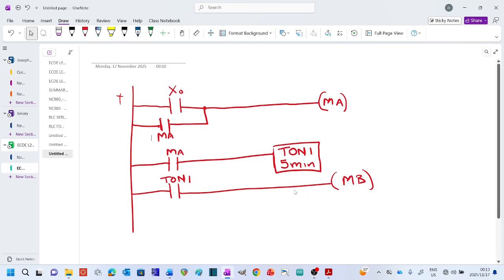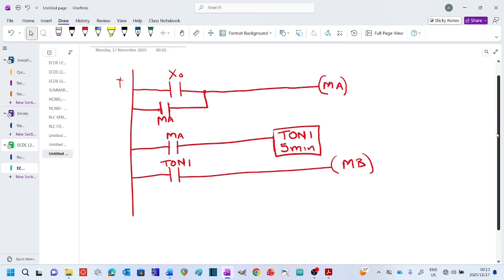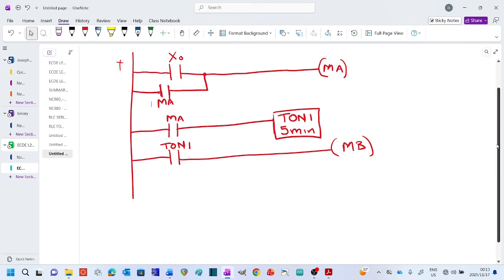And what does it say? It says motor B is going to start running. Unfortunately, they are not telling us that we need to put an emergency stop button, but you can always make provision for an emergency stop button. What's happening is motor B is going to run for a set time, so